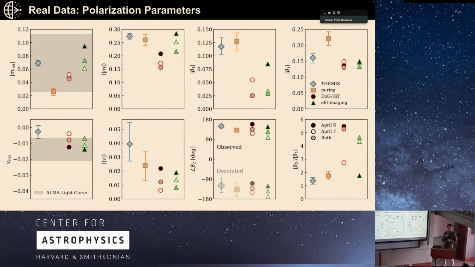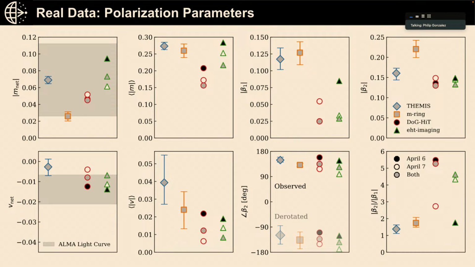So these are, again, these different image-derived quantities that we can compare between the different methods and between methods and models. I'll just highlight a few of those. One of them is this resolved linear polarization fraction in the image. And we see we get quite tight constraints from our posterior exploration methods. And we see that it's quite high. It's like 25 to 30% for Sagittarius A*. We see that we could constrain the image resolved circular polarization fraction to within a few percent.